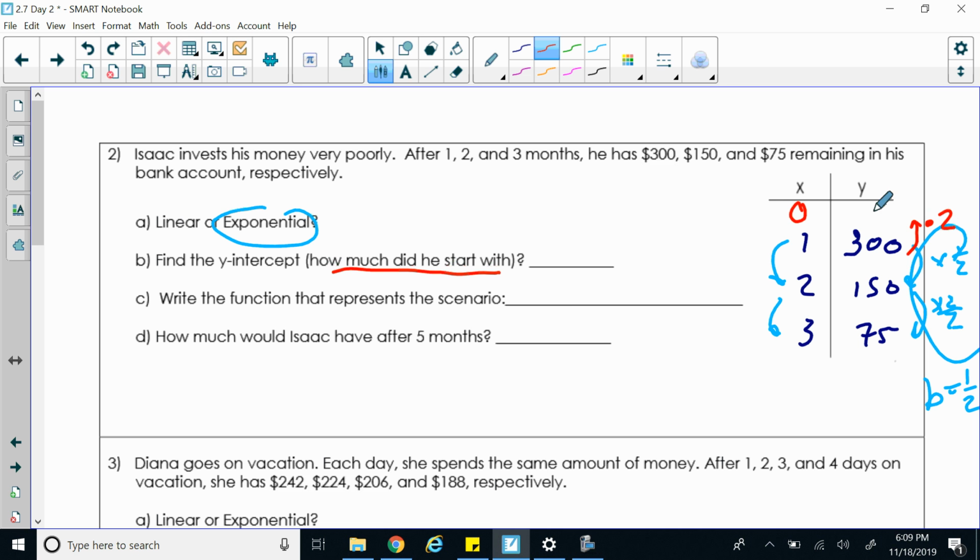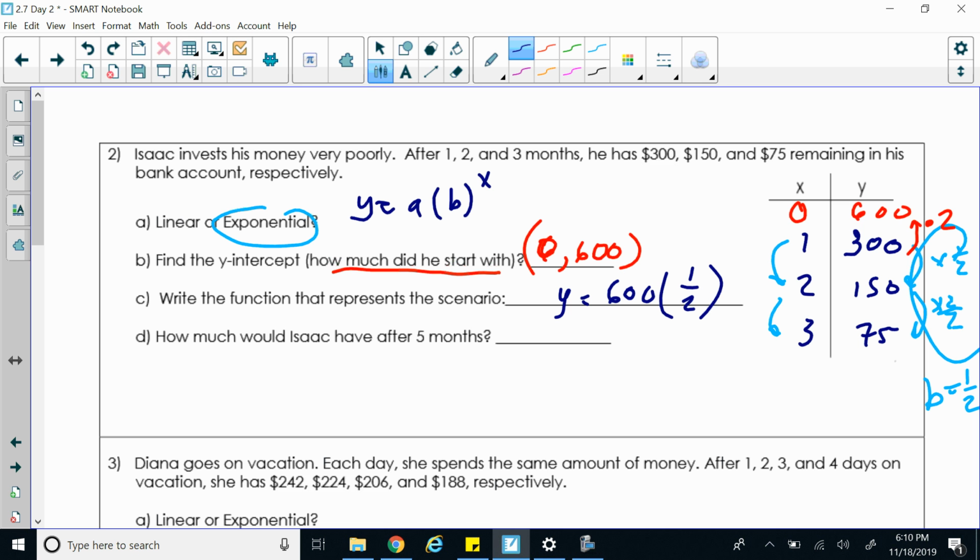So 300 times 2 is 600. He actually started with $600. So find the y-intercept, which is (0, 600). All right, which means he started with $600. And now it says write the function that represents the scenario. Well, since it's exponential, y equals a times b to the x power. We're going to go y equals a, which is 600, times 1/2, because you're losing the half every